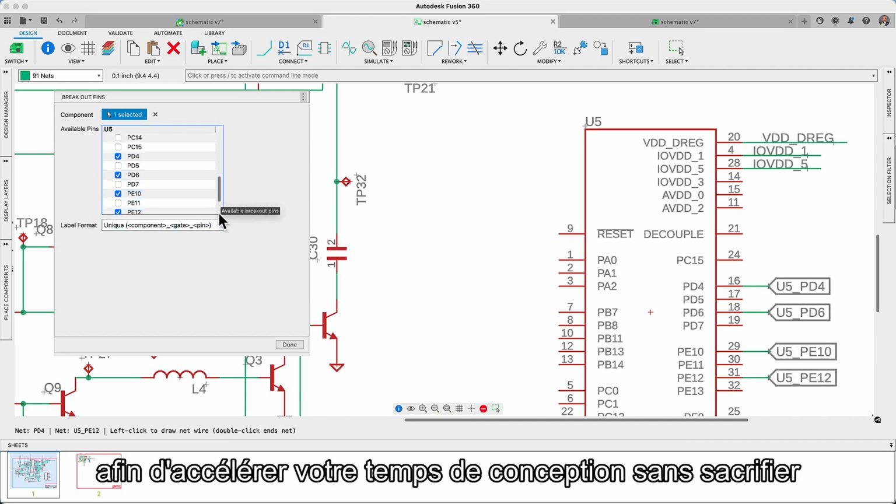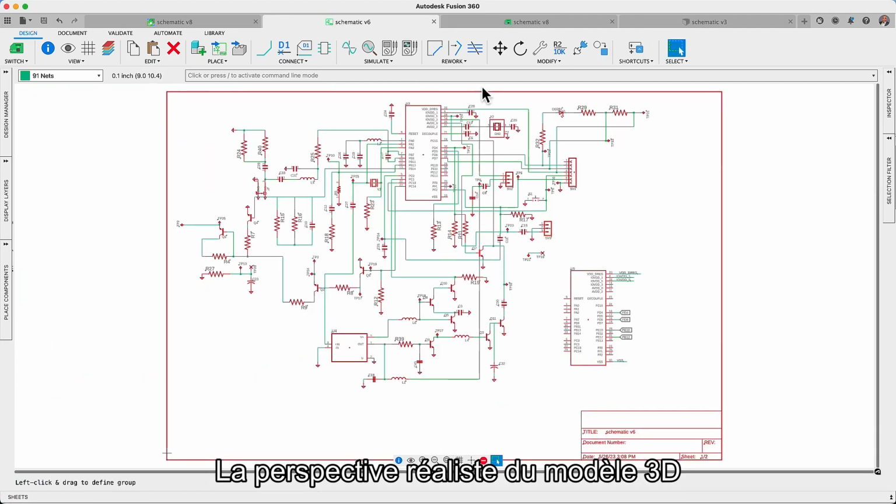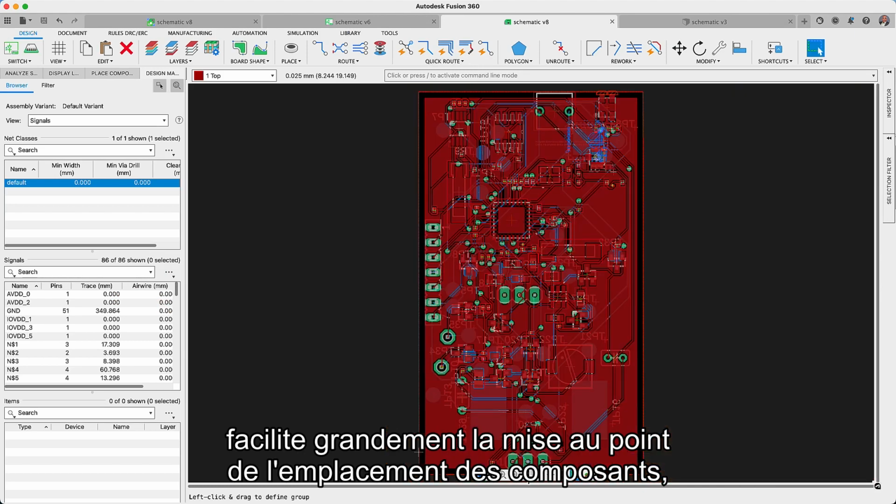This will help you break out components with large pin counts into a simple format to speed up your design time without sacrificing organization. The realistic perspective of the 3D model makes it much easier to fine-tune the component placement,